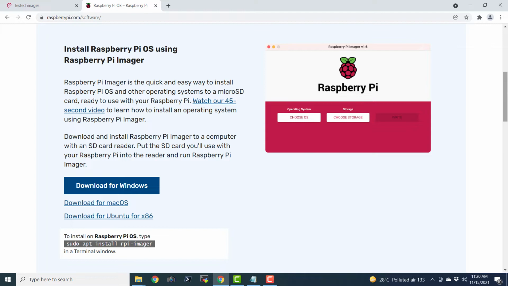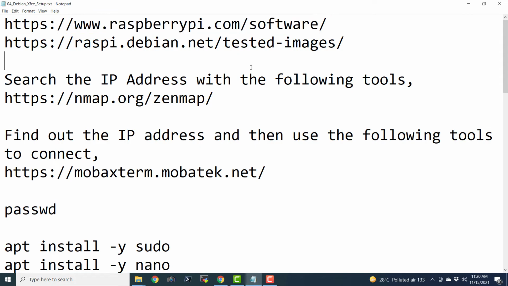For our convenience, I have already installed this Raspberry Pi Imager, but if you want to install it on your computer, you can just visit this page, and the link to that is in this document. I have already uploaded this document on my GitHub repository, and the link to that document is available in the description section of this video.